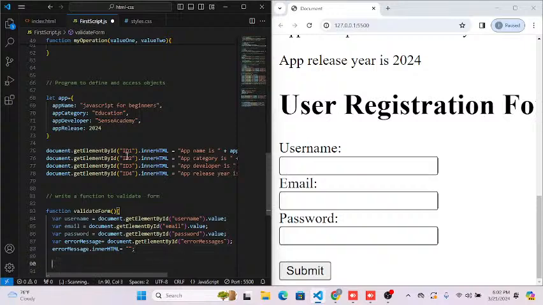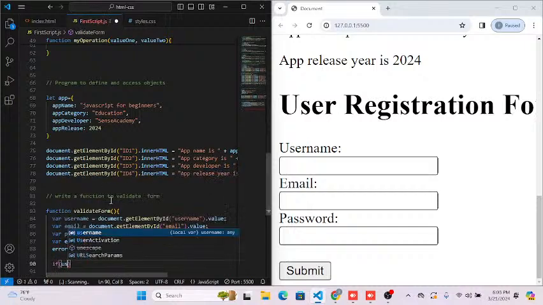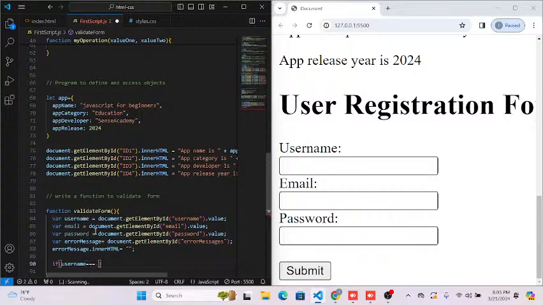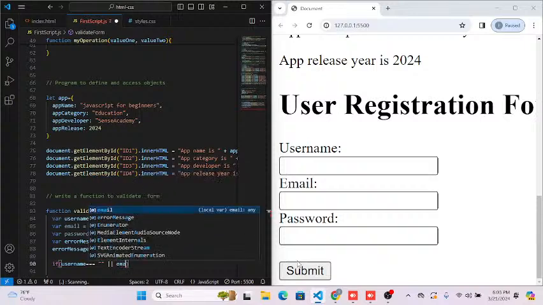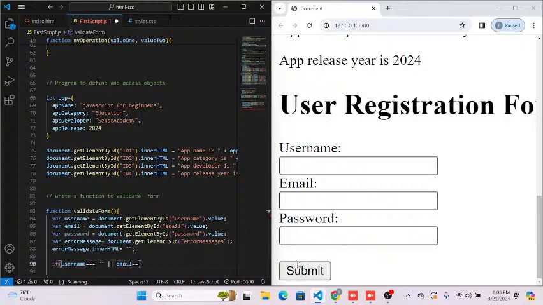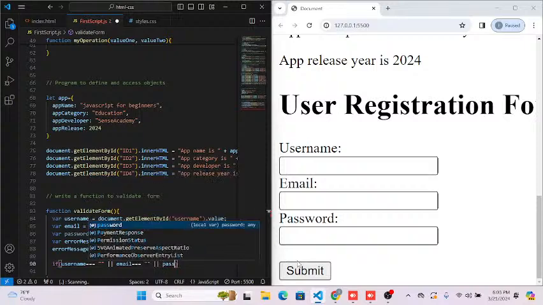Here I am going to write the condition: if username is equal to an empty string. If we don't fill in the username at that time, or we can say email. Here I'm going to use the OR operator. I will explain what this operator does. But let's understand: if our username is empty or email is empty, if anyone is found empty, like there is no value inside that from the user side, at that time